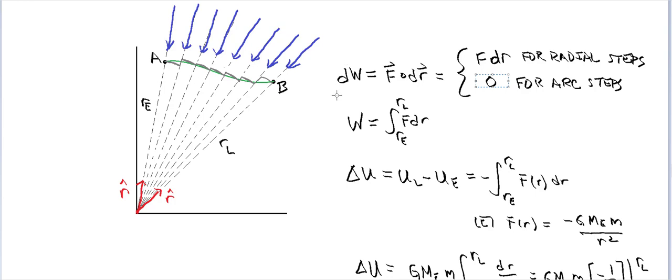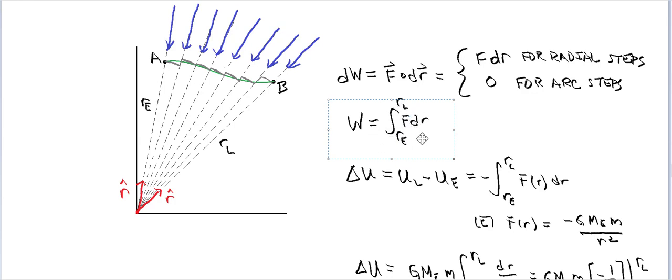And so we can get the total work done just by integrating the tiny little incremental bits of dW. Well, all of these are zeros, so all of the arc steps contribute no work. But the radial steps each contribute F dr. And so we're just going to integrate from the earlier radius to the later radius of F dr. In other words, the work only depends on